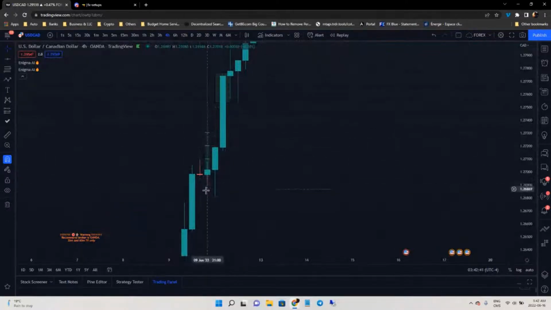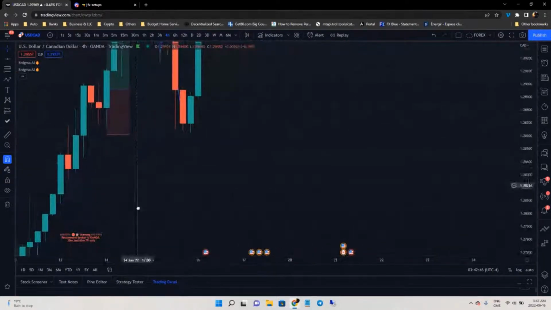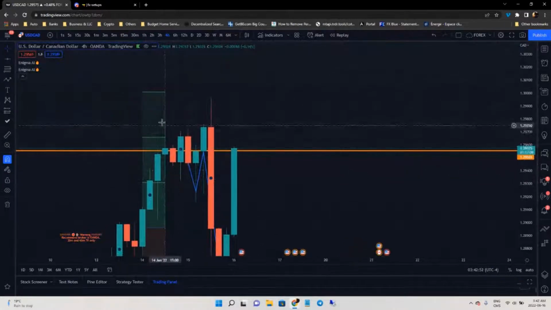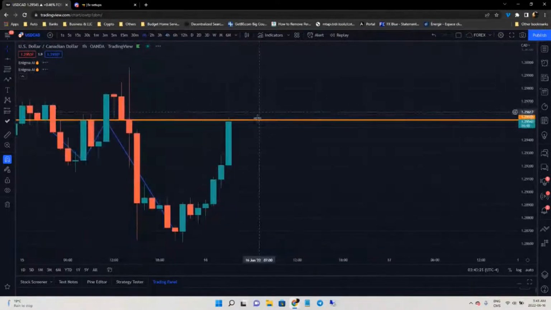So all of the buy setups here that were sent out with Enigma all smashed TP3 or almost. And here it almost went to TP3 if you were still in the trade at that point. But since that was the end of the move, this is a good indication that the price will continue going down. So right now we have a push down and then it will go back up. I'm expecting the price to do something here in this region to the downside.